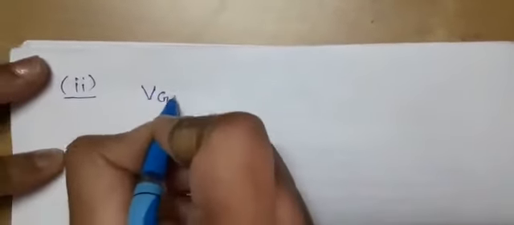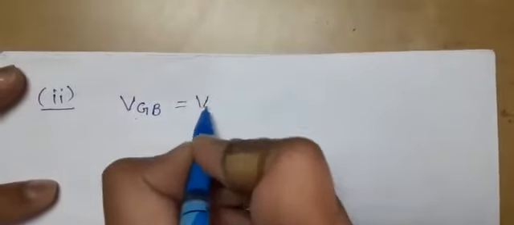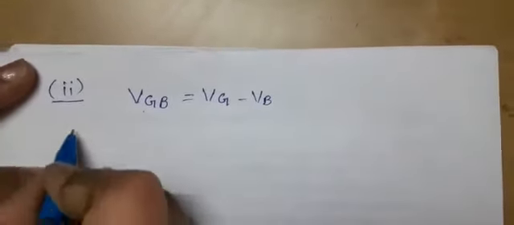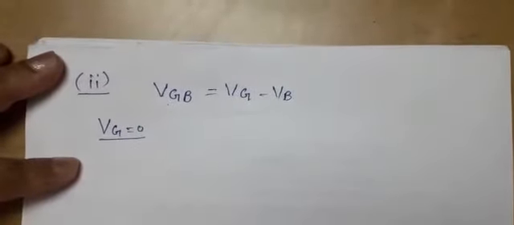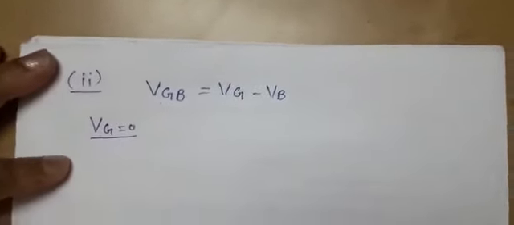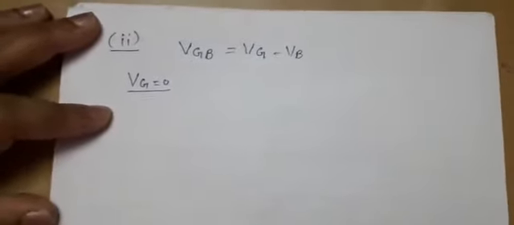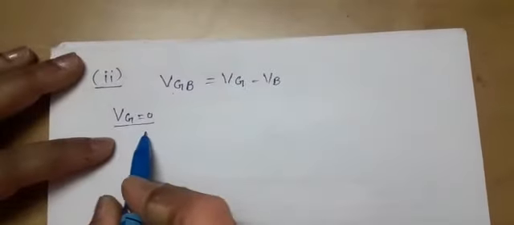Now, the second part, as it has been asked to find the relative velocity of ground with respect to B. Relative velocity of ground with respect to B. How can we represent it symbolically? Vg minus Vb. Now for ground, the speed is taken to be 0. Why? Because Earth appears to be at rest to us. We do all the measurements with respect to Earth, and for all of us, Earth is taken as a reference point. So the speed of Earth is 0.